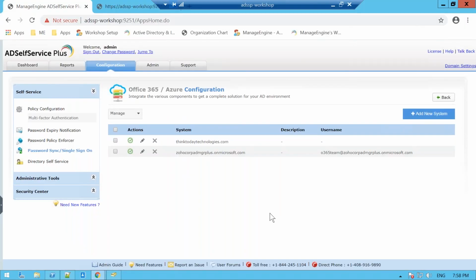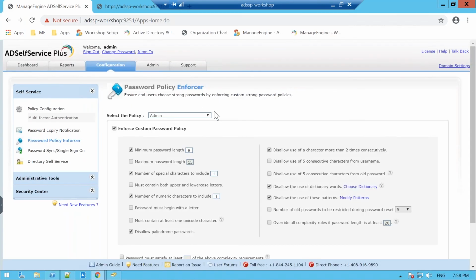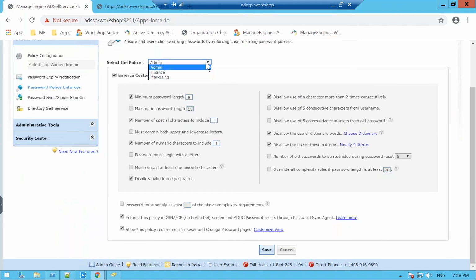I'm going to do this from another console because I have a strict password policy enforced. So I want to talk about that before I reset my password. So I'm going to quickly cancel this and go back to the admin console and talk about my password policy before I talk to you more about resetting passwords. That way it's easier. So what I've done here is